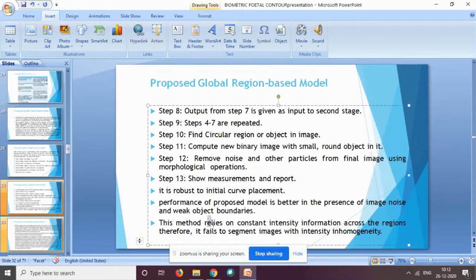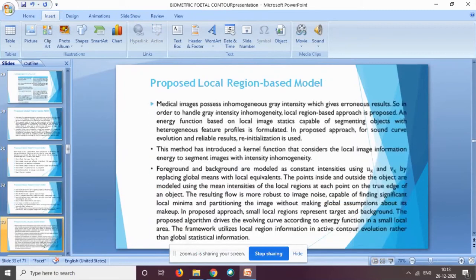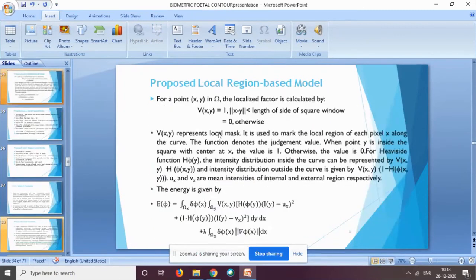So let's see what is there in my local segmentation approach. What is the drawback of the global approach? It fails whenever we have intensity inhomogeneity, and obviously in our fetal images we have intensity inhomogeneity. So in order to avoid that, we have a local approach. This is the energy equation for my local approach. Here the C1 and C2 are replaced with Ux and Vx.